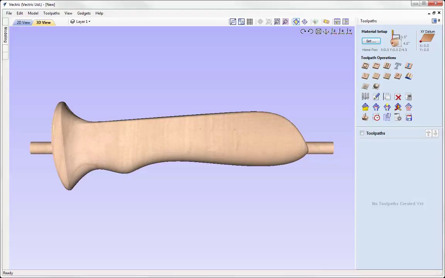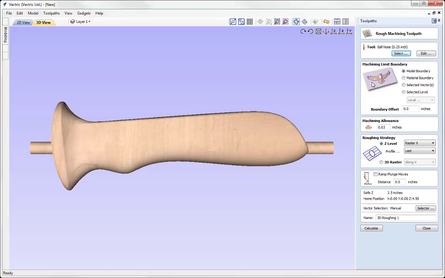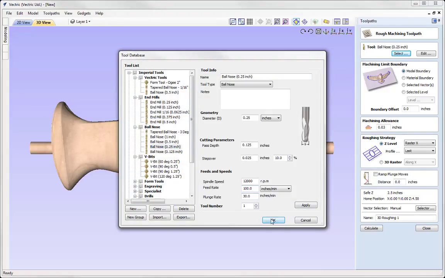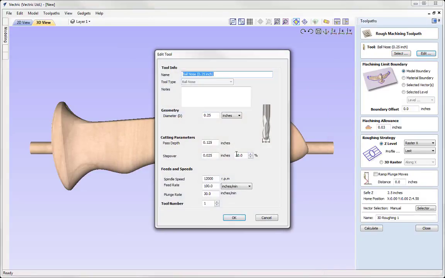So now we can go and create a 3D roughing toolpath. Now I'm going to use the same tool for both the roughing and the finishing to avoid changing tools. I don't have a particularly detailed model, so I can get away with using a large ball nose for both the rough and the finish. So in here I'm going to use the select option. We're going to select the 1/4 inch ball nose, and I'm going to use the edit option just to go over some of these settings,